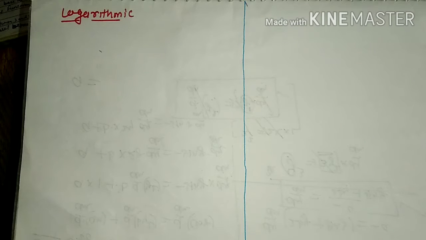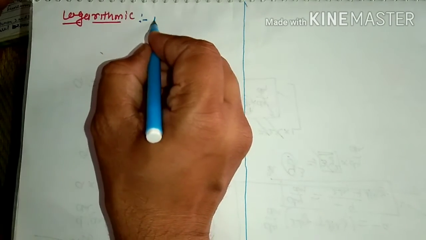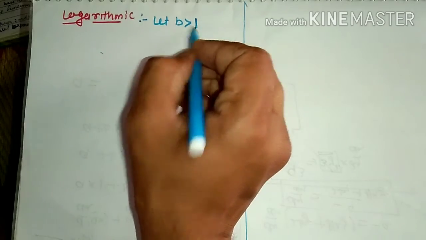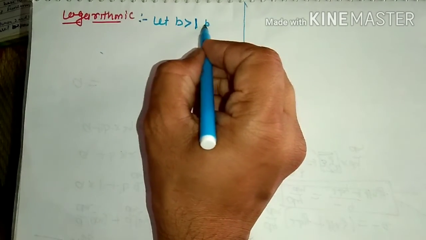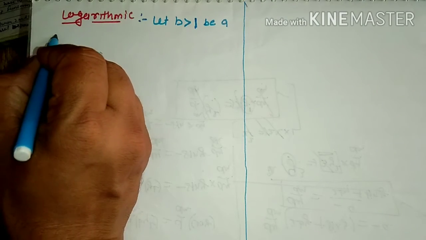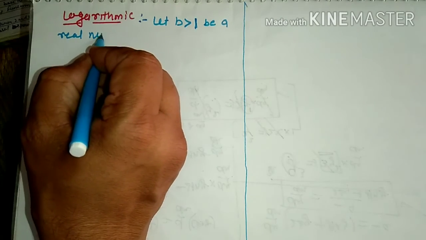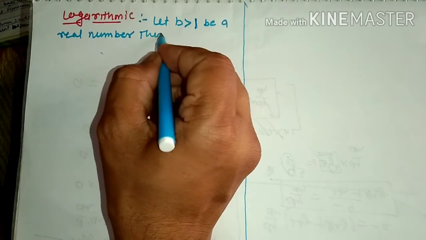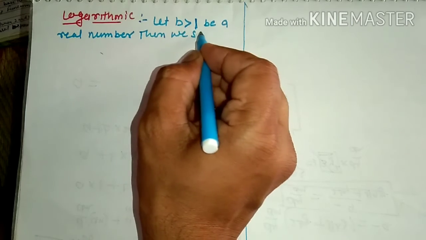Logarithmic is the reciprocal of the exponential function. Clear? So we can understand the logarithmic function with the help of the exponential function. So we can say, let b be any positive real number greater than 1, and a be a real number. Clear? Then we say